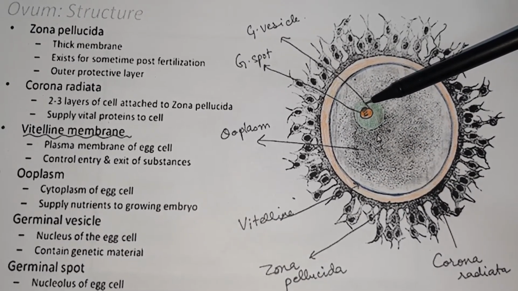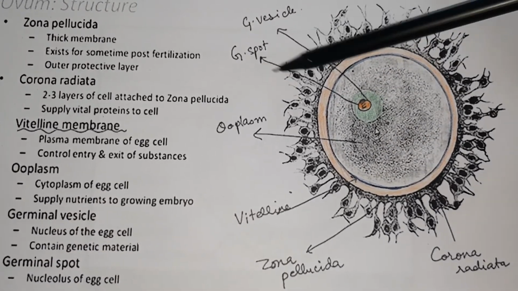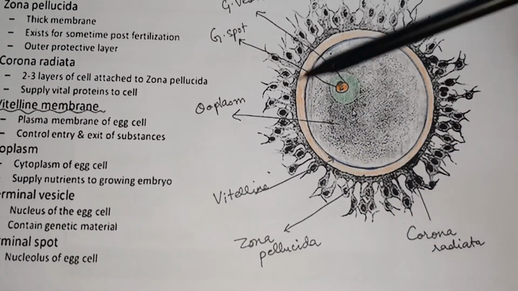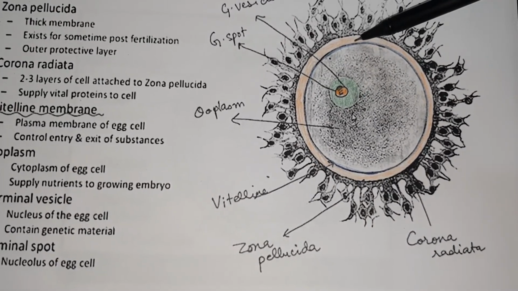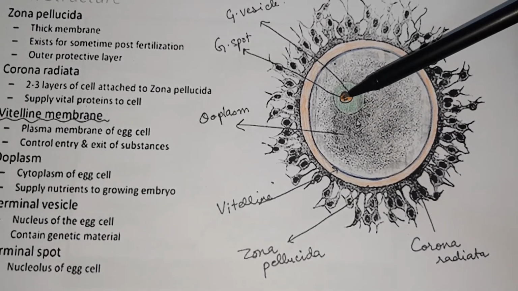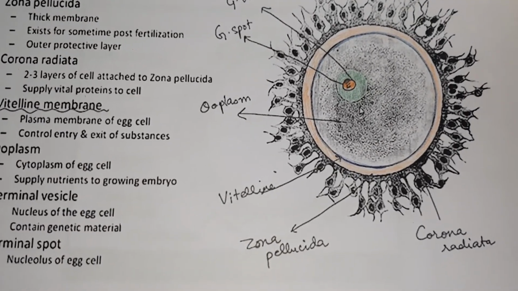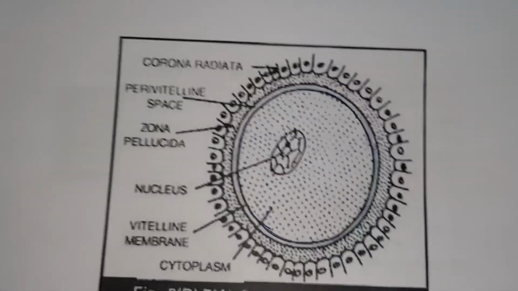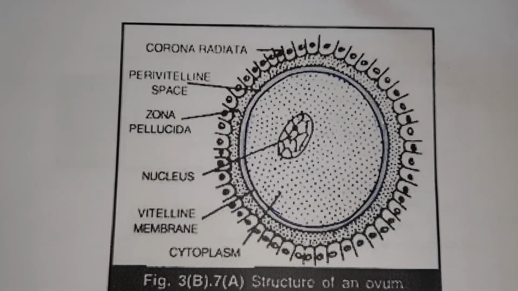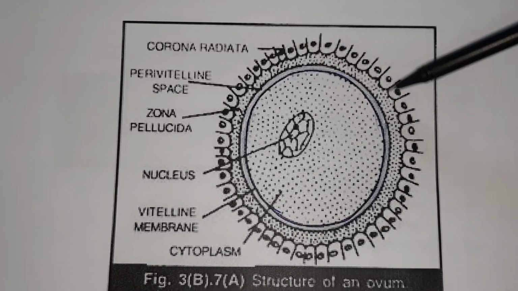of the human egg having 23 chromosomes, और ये जो ऑरेंज एरिया है इसको हम जर्मिनल स्पॉट बोलते हैं या फिर न्यूक्लियोलस ऑफ एग सेल। चाहे तो ये डायग्राम बना लो आप, जिसमें कोरोना रेडिएटा है, देन जोना पेलुसिडा है, विटेलाइन मेम्ब्रेन है, ऊप्लाज्म है, जर्मिनल वेसिकल है, देन जर्मिनल स्पॉट है। अगर ये नहीं बनानी, then you can draw this diagram which is also very easy. सो यहाँ पर भी देखो आप ये डायग्राम भी बना सकते हो। Look, so layer of corona radiata, granulosa cells की लेयर है, ये डॉटेड जो लेयर